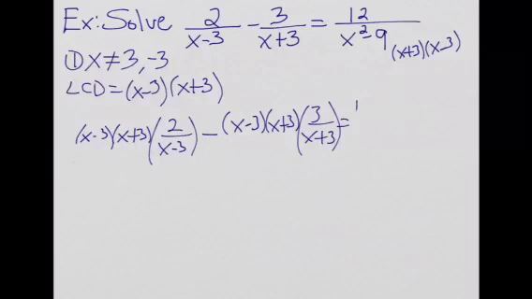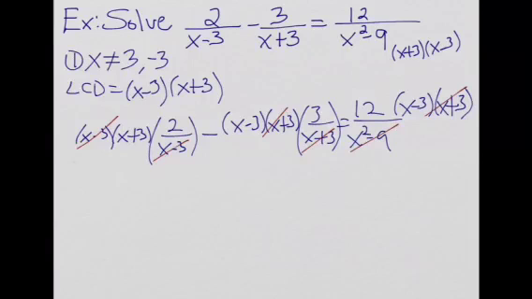And then we have x plus 3, x minus 3 times the 12 over x squared minus 9. So we just take our LCD and multiply it again by every single term. Here my x minus 3's cancel, here my x plus 3's cancel, and remember x squared minus 9 is just x minus 3 times x plus 3, so over there it cancels all that out, and so what we're left with then is 2 times x plus 3